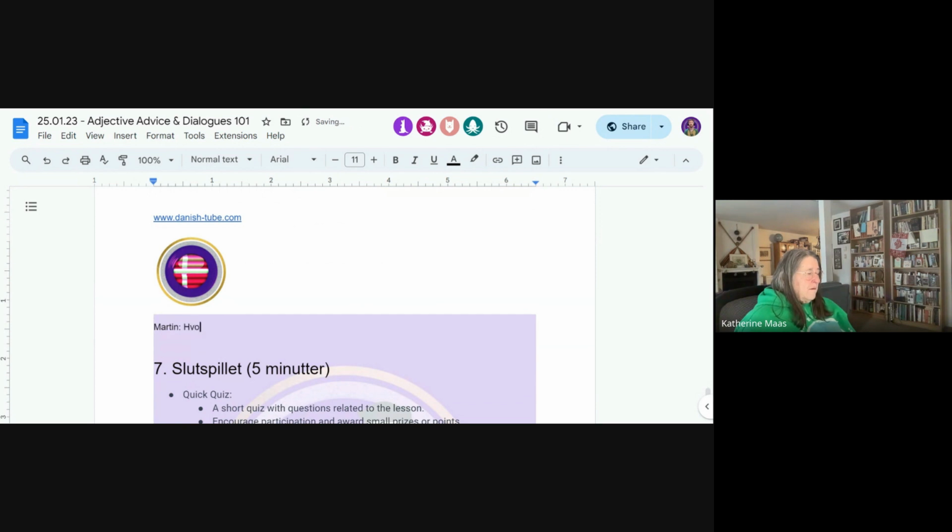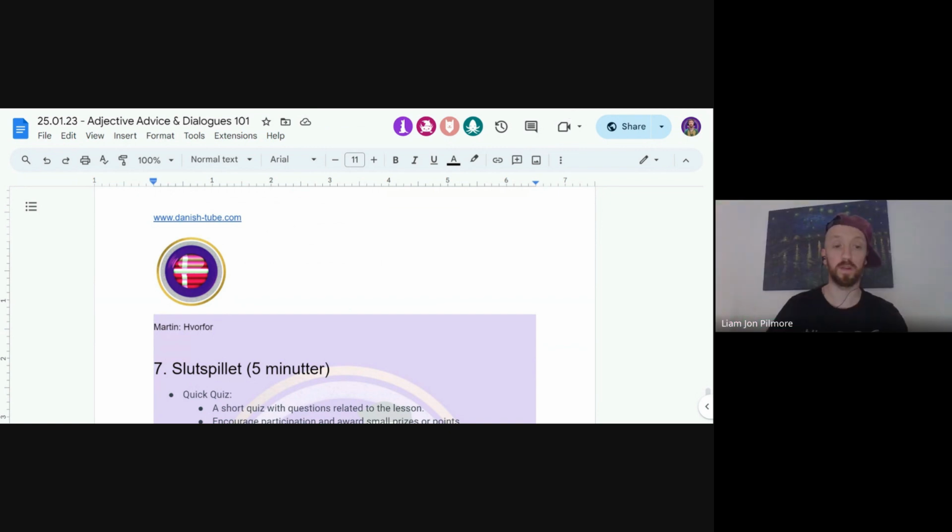Hvorfor sidder vi sidder ned? I don't know how to say this. Vi kan sidde ned på det grønne græs. Sådan, det grønne græs. Hvorfor sidder vi ikke bare ned på det grønne græs? Ja.